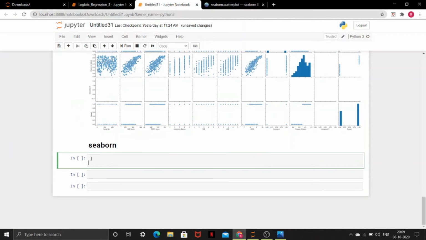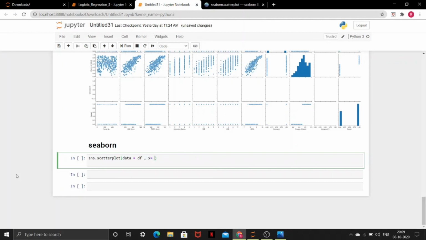So now let us see how to plot a scatter plot using the library Seaborn. We have already imported this library while plotting the pair plot. So let us begin with the code. The code is very simple. It is a one-line code which goes as sns.scatterplot. We will need to specify the data set for which we want this scatter plot, that is df.